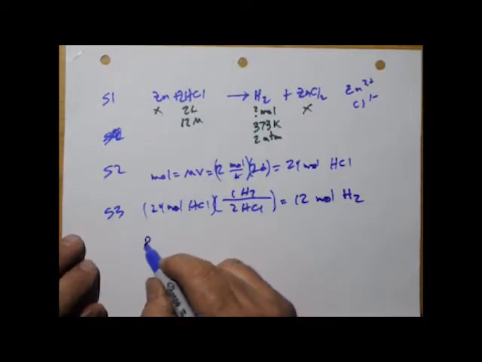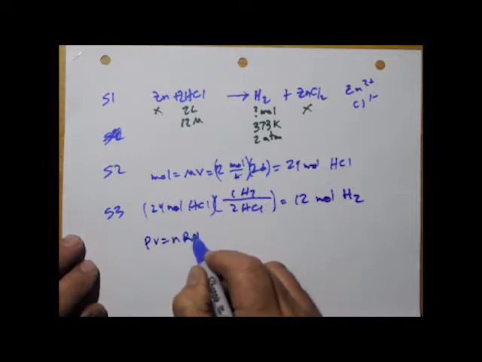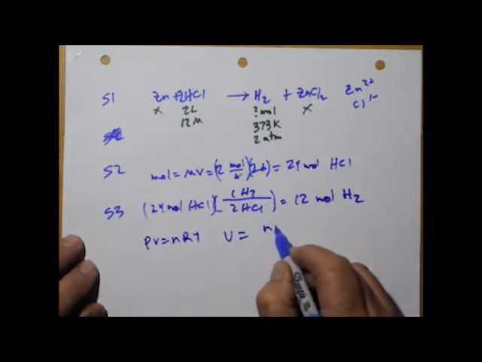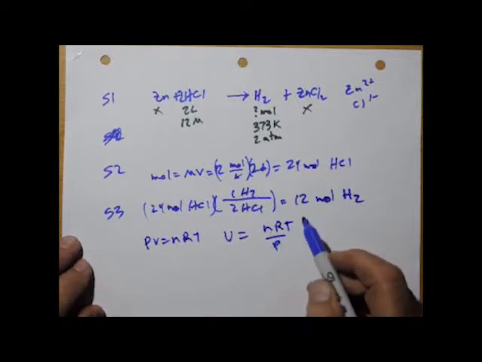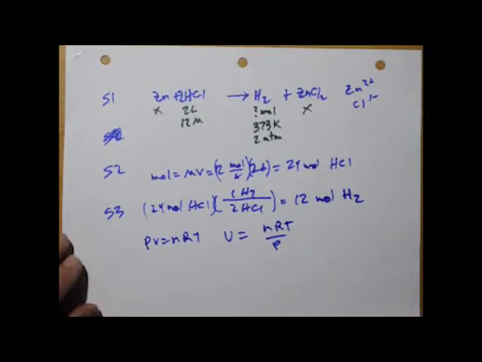In order to find volume, we need this. And of course, volume is equal to nRT over P. Now, remember, n is number of moles, that's 12. This R, when we dealt with this R before, it was different values based on what pressure we were using, which was